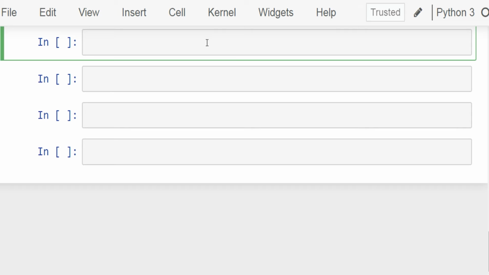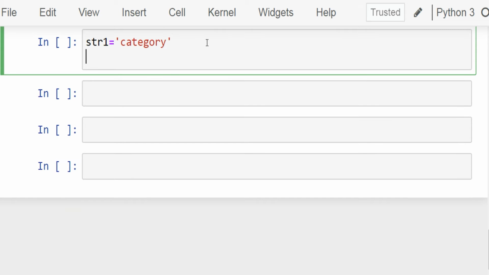Let's create a variable str1 and assign it the string category. If you want to check whether the string starts with cat or not, you can take the help of the caret or backslash A anchor. First write the pattern. Write pattern equals.